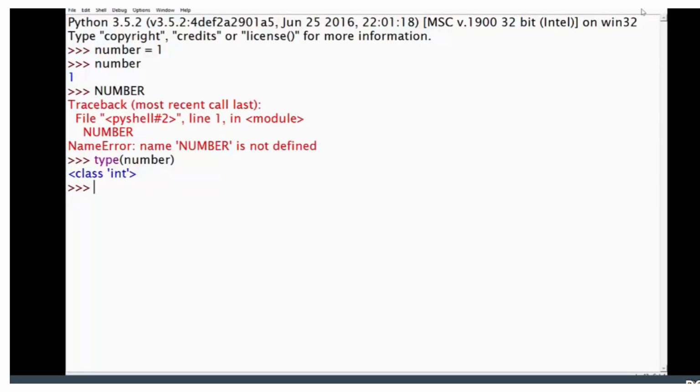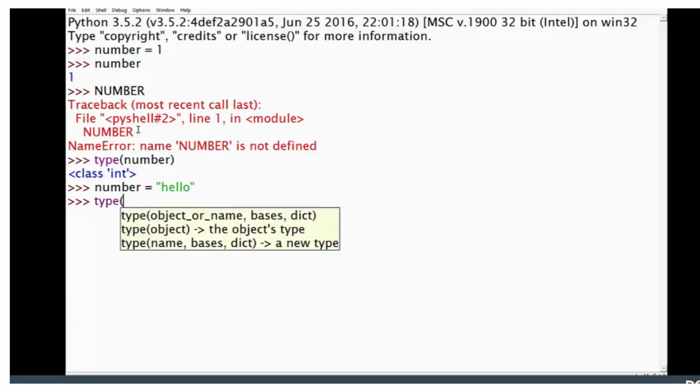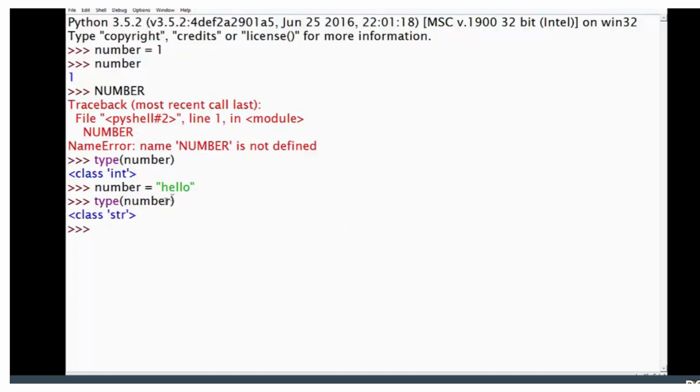So to give you an example of this dynamically typed nature, let's take our variable called number and assign it the value of hello, for example. I know that's quite confusing, but let's do it anyway. Now you can see that we didn't get an error. Hello is a type of, well, it's text, isn't it? It's what's called a string data type. If we look at the type now, it will tell us that the class is str, or string,